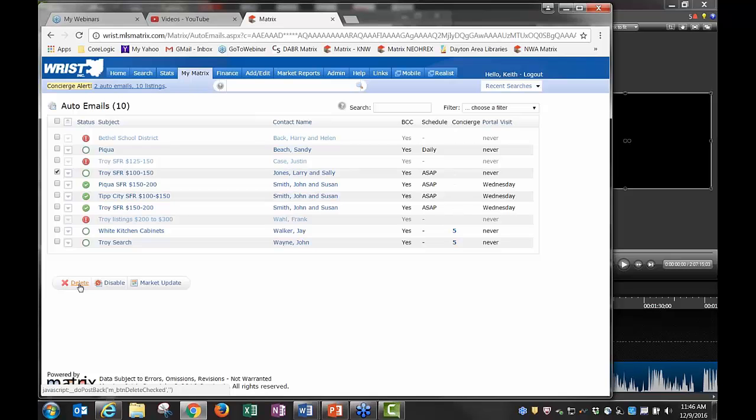I don't like doing that, and I don't like this second option. I don't want to disable it. Now, disable would stop it forever and ever until I start it up again, but it keeps it in my auto email section. I kind of want to keep this section clean of ones that I'm actively working with or maybe just paused here. If I know that I'm done with them, but I want to hold on to this search for future